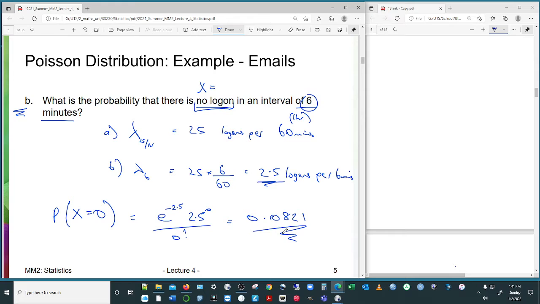So 8% is the probability that there are no logons. So it's a pretty busy place. It's got a very low chance of no logons. So it's a big place and it's a busy place, serving a lot of places. Could be global, it could be just in a big complex. We have to open our thinking a little bit about that.